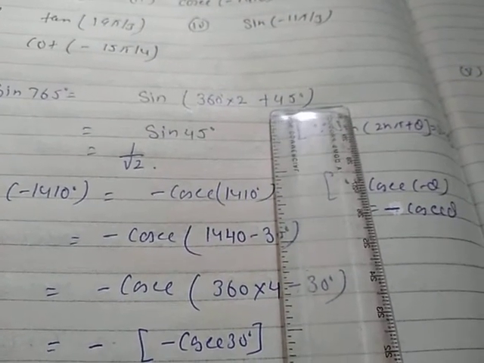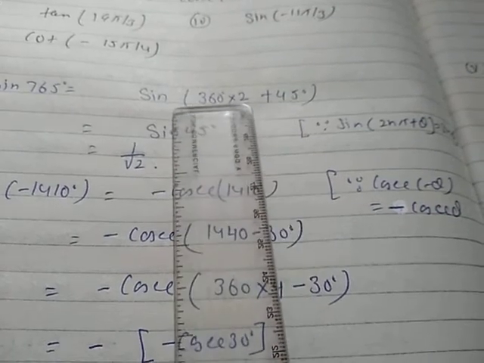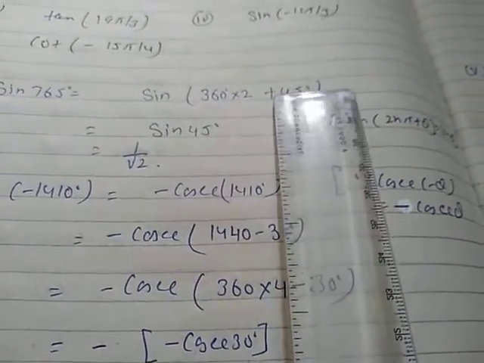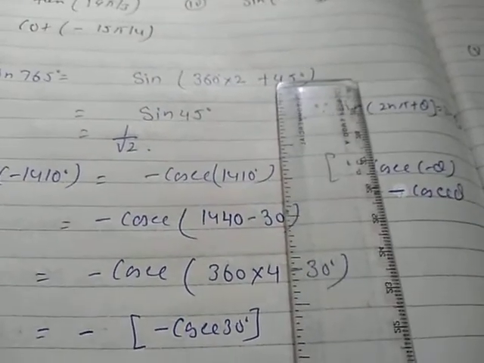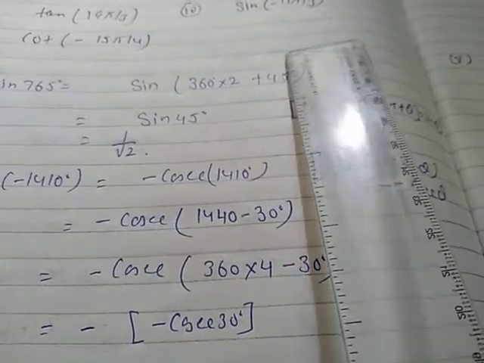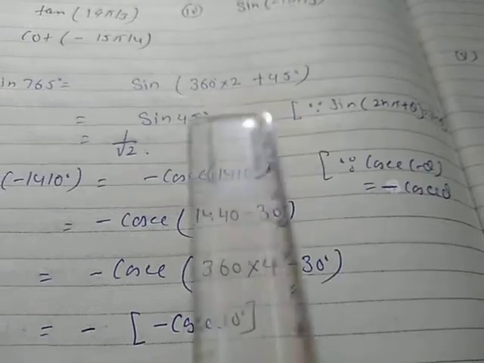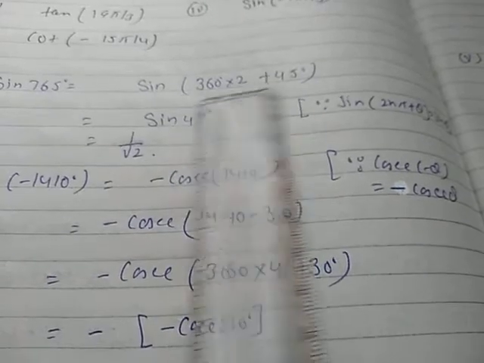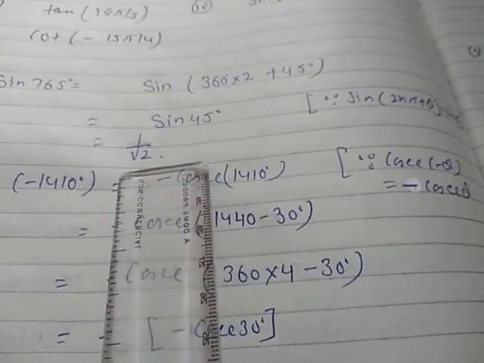So now the angle is in the form of sine 2 pi plus theta, and 2 pi plus theta lies in 2 into 2 pi, that means 4 pi. 4 pi plus theta. So 2 n pi plus theta always lies in the first quadrant. A complete revolution is 2 pi, and the angle is going for rotation 2 times, then it will be 4 pi. 4 pi plus theta lies in the first quadrant. Therefore, sine 45 degree, because it lies in the first quadrant. Therefore, its value is 1 by root 2.